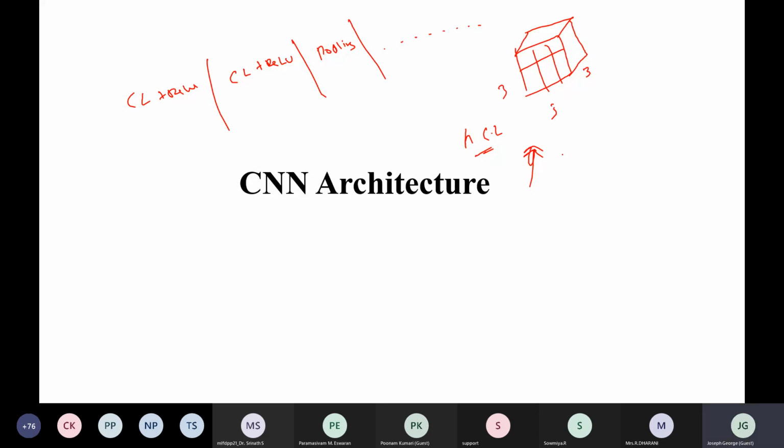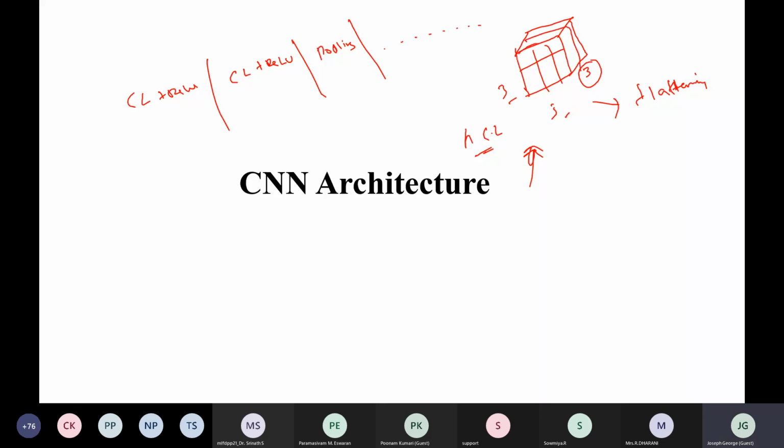After this, what we do is flattening, which means you have 3 channels and in each channel you have 3x3 dimensions, 3 width and 3 height.